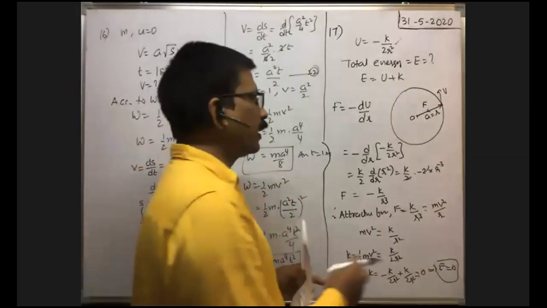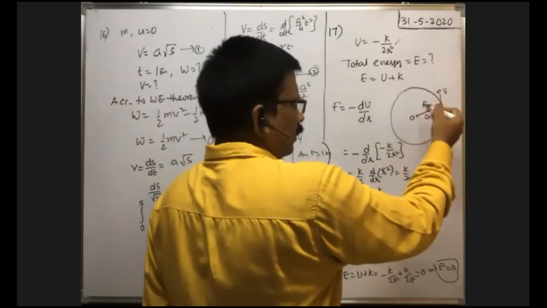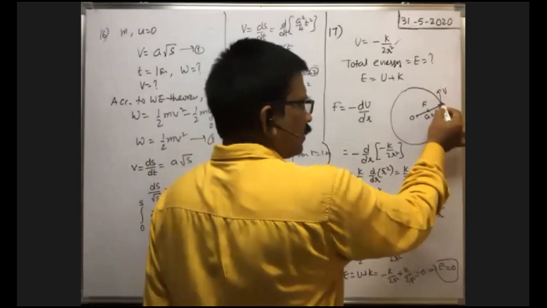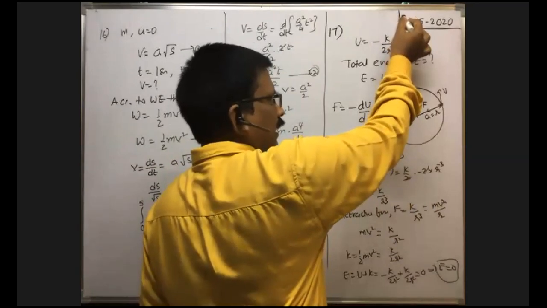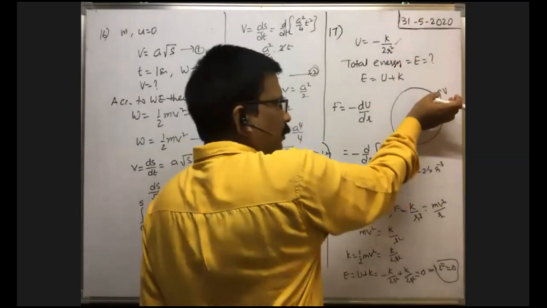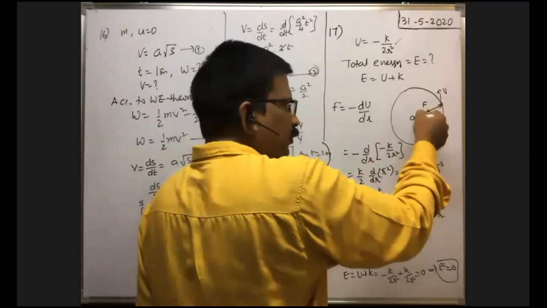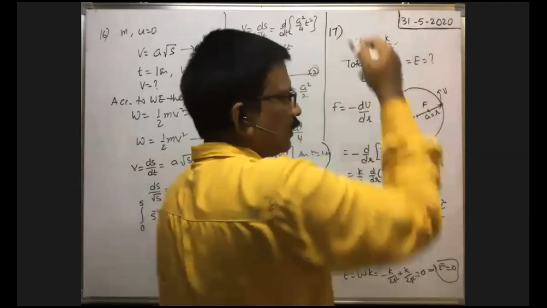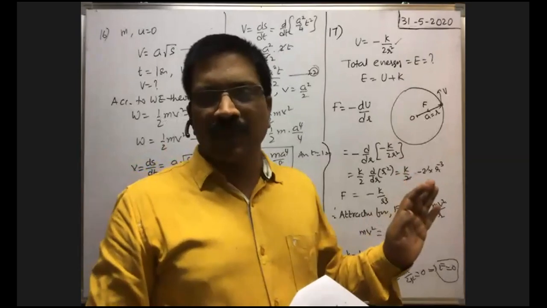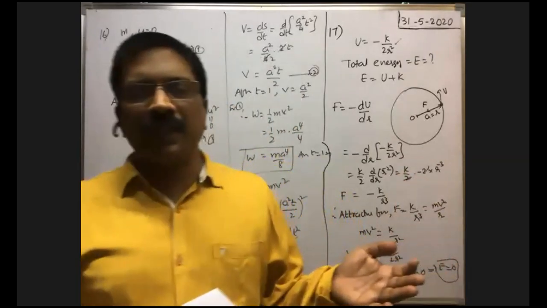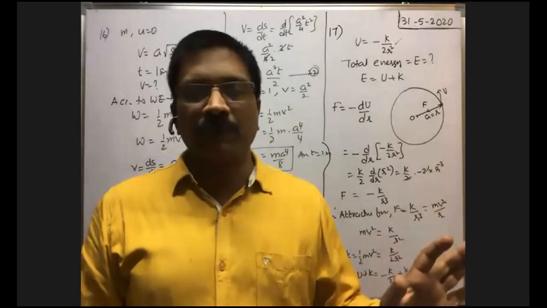Attraction force. Whenever the particle travels along the circular path, suppose the attraction force is not there. At this instant, as the velocity of the particle is in this direction, it would travel along the same straight path. Because of the attraction force, the particle is pulled towards the center, its direction of motion changes, and it travels like this. If the attraction force is not there, the particle definitely travels along a straight line path in the tangential direction. Because of the attraction force only, in the case of an electron orbiting around the nucleus, the attraction force between the nucleus and electron provides the necessary centripetal force.